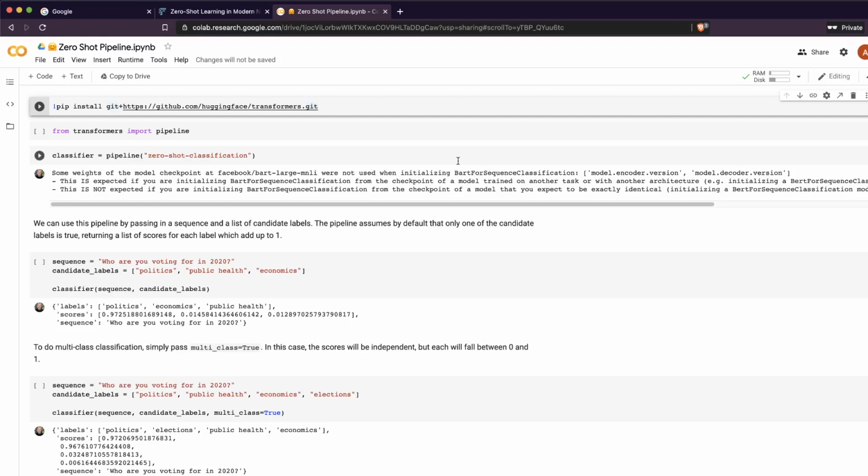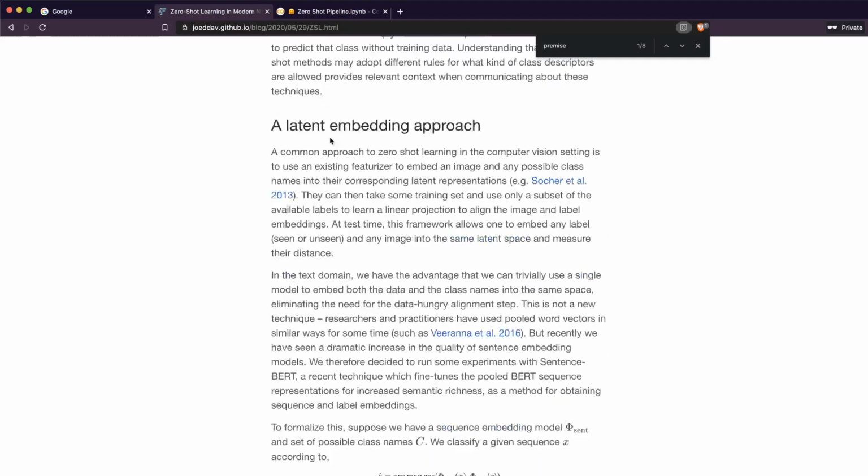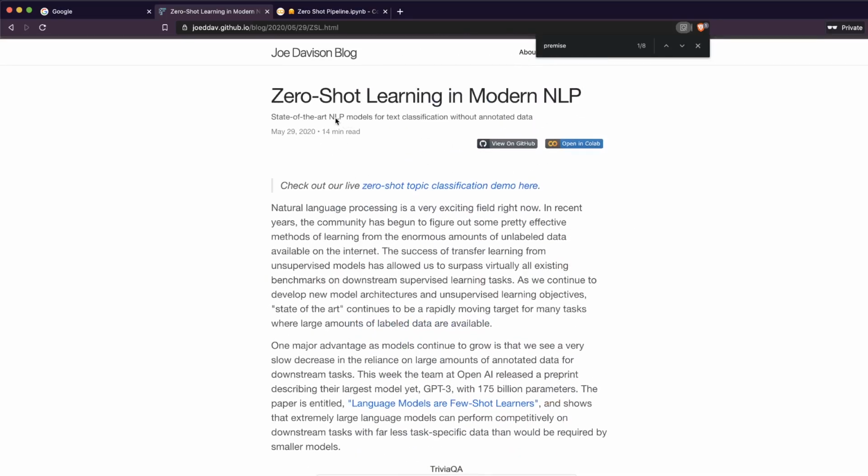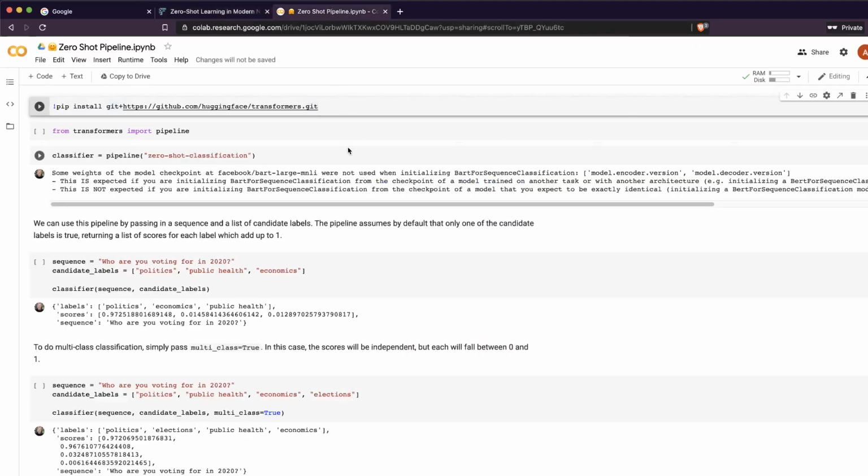That is what we are going to see in an actual practical scenario, using a Google Colab notebook, to run this model. The first thing is, why do you want to use it? The most important thing is, it's a state of the art NLP model that you can use for text classification.